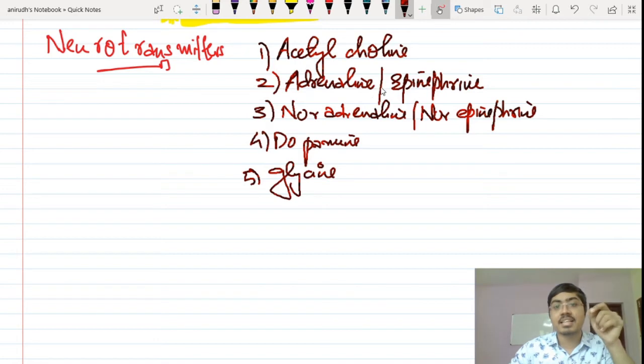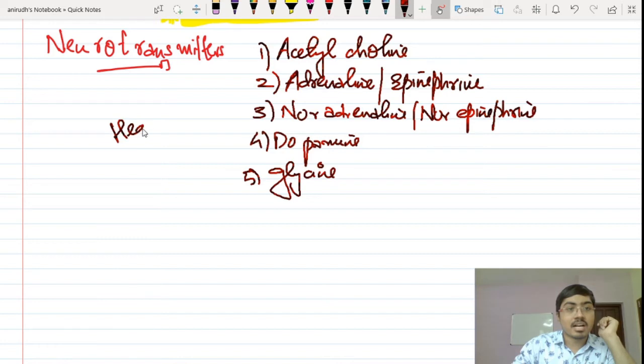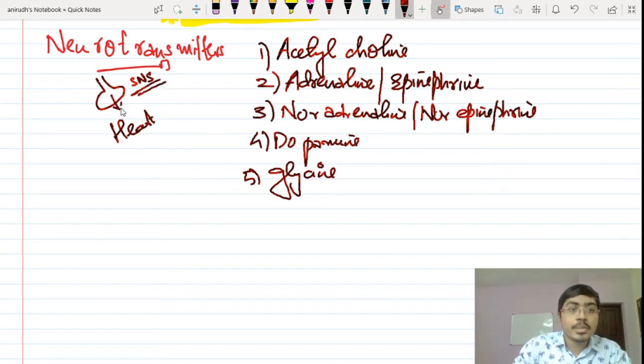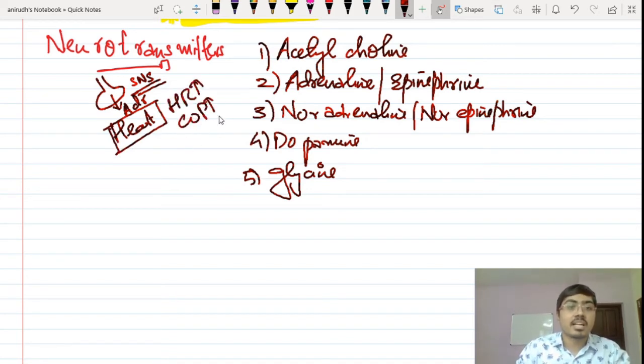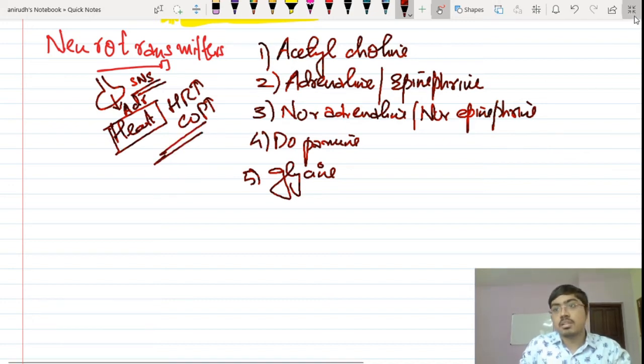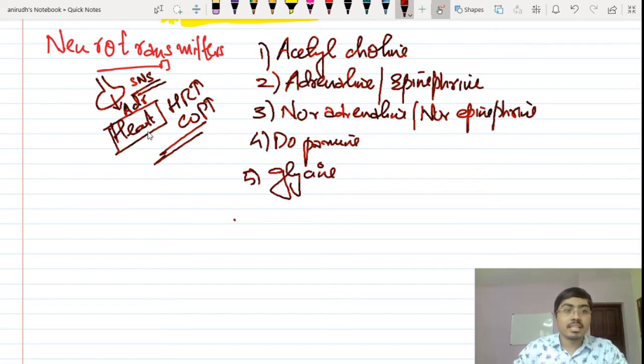Adrenaline is present in the sympathetic nervous system. So if this is the heart, and there is a neuron which is part of the sympathetic nervous system supplying the heart, your adrenaline is the neurotransmitter. This adrenaline, demarcated as ADR, falls on the heart, and due to its effect your heart rate will increase, your cardiac output will increase, and the conductivity of the heart will also increase. That's how adrenaline works as a neurotransmitter. Adrenaline can also be present in the blood, and it can act on the heart from the blood side also.